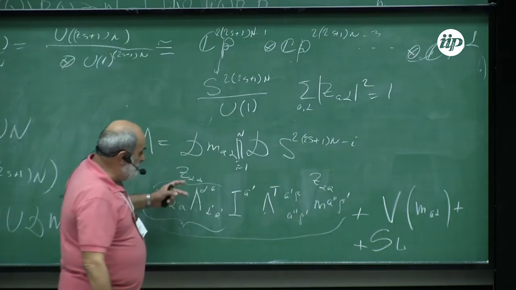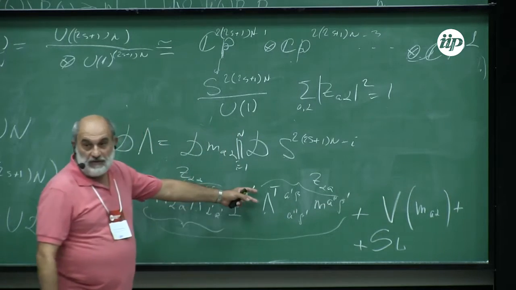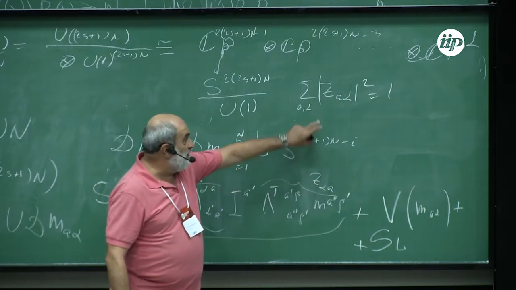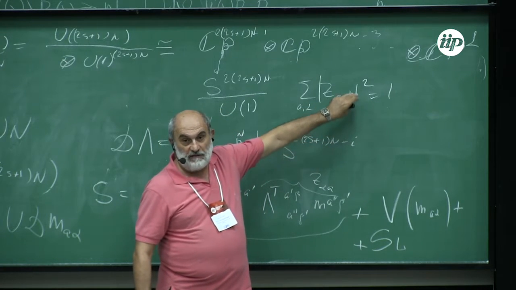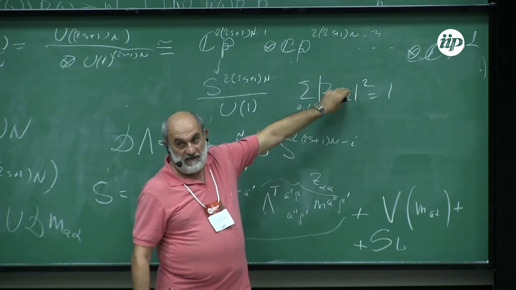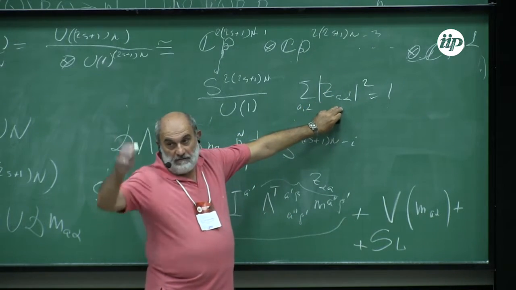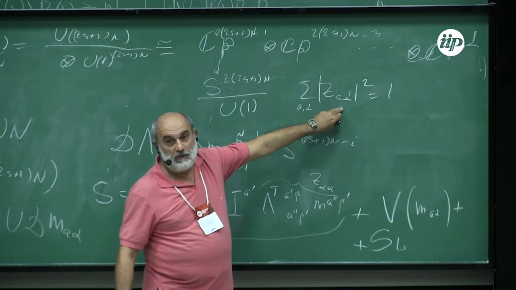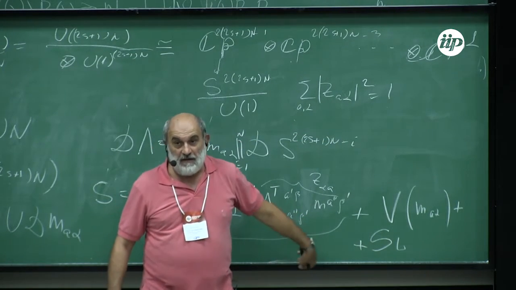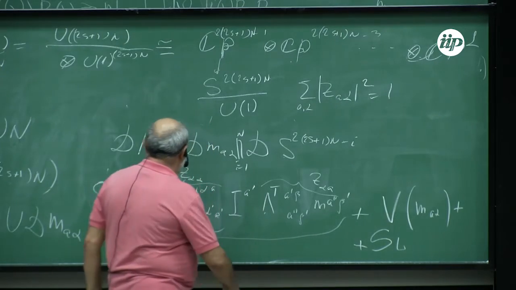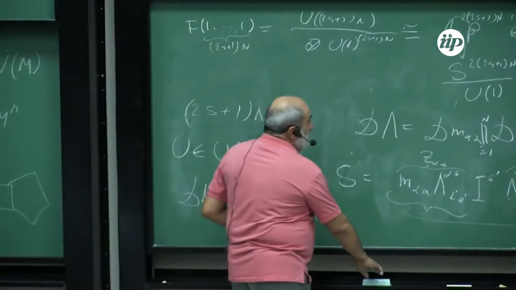This part is now a pure Gaussian integral, because the Z are now free parameters. The condition was enforced by the delta function, by the Lagrange multiplier above, and these are now free parameters running from minus infinity to plus infinity. This is a pure Gaussian integral. This integral can be taken, and eventually we will come to the partition function in the form